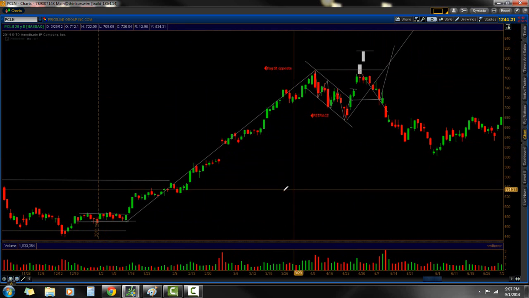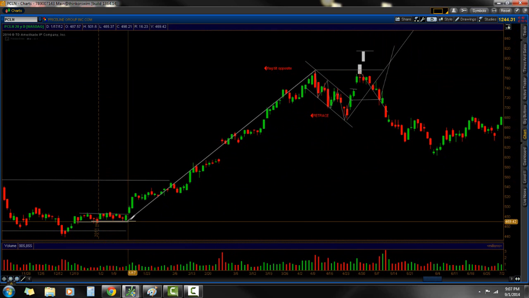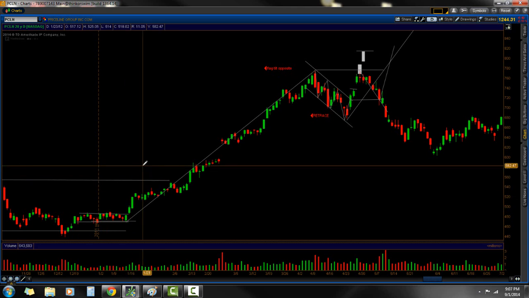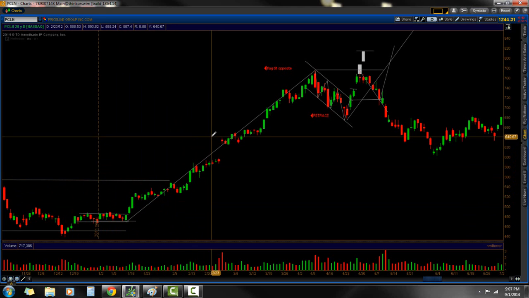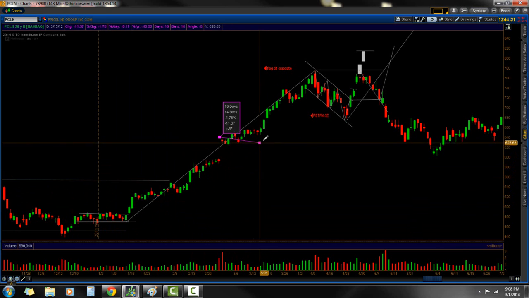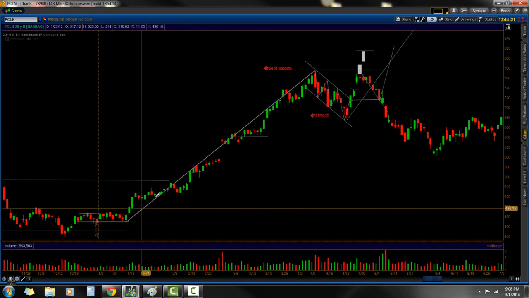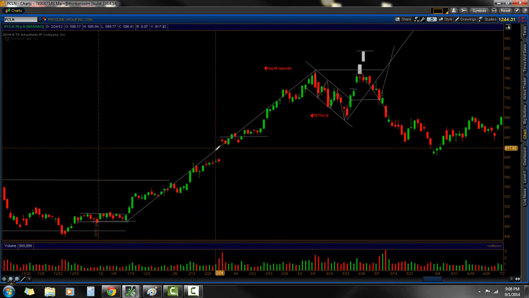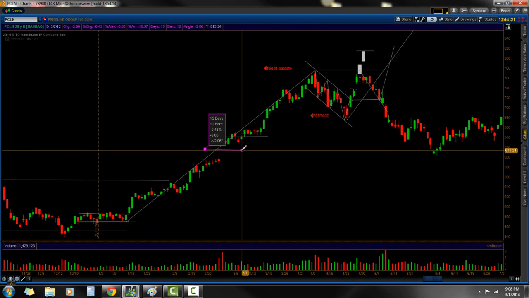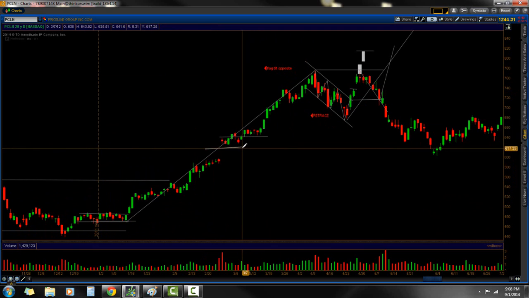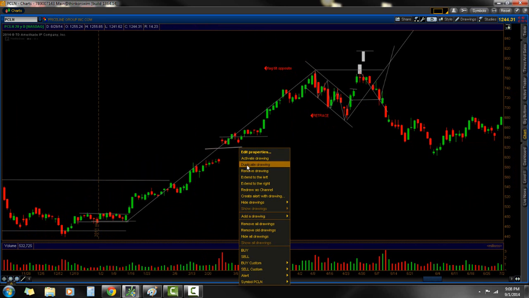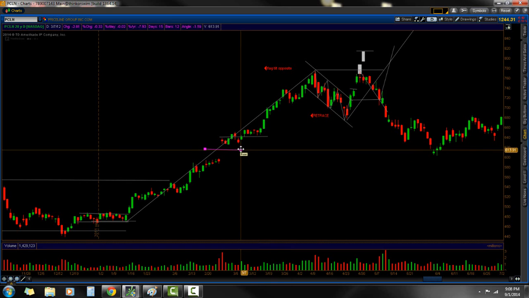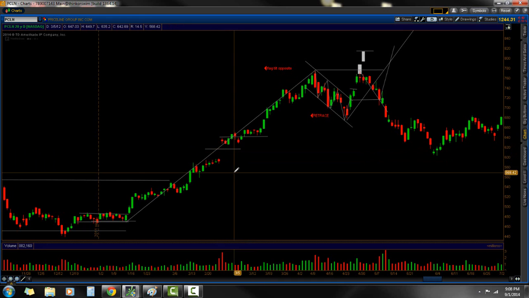Now, here's another thing to look for. If you go back to the idea that when we did the measure move of the sideways channel, right, it came up to here about 650, okay? And we'll just call that half of the distance of the pole, because that's kind of what it looks like. It looks like half, right? This is probably half, because this particular gap that I'm not going to really discuss is a continuation gap, and they usually occur at half the distance of a trend. So this is probably more or less the half point. But